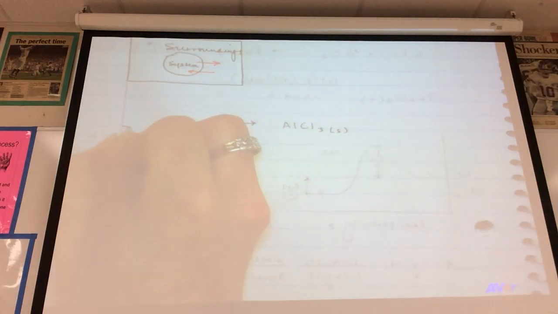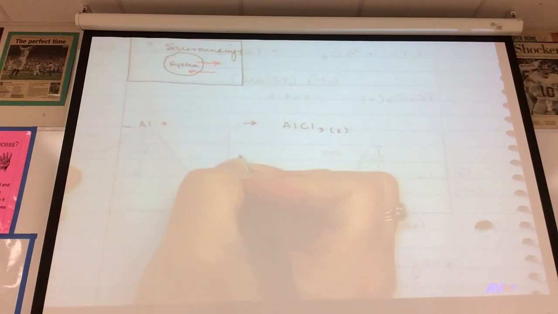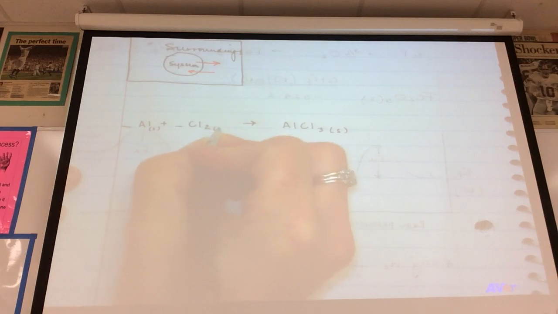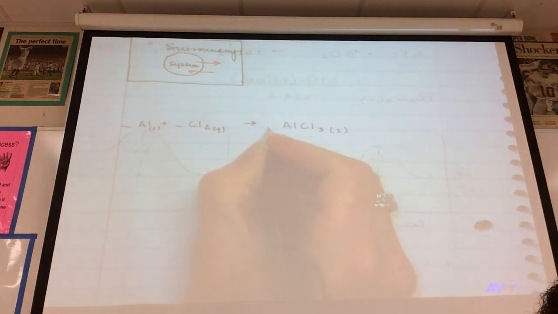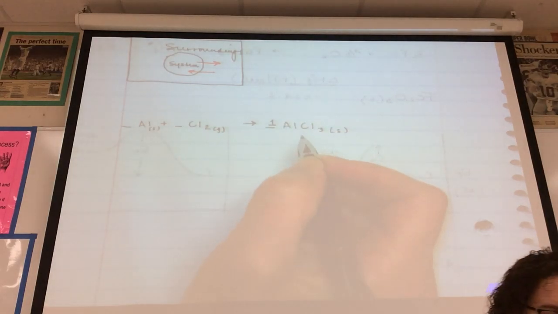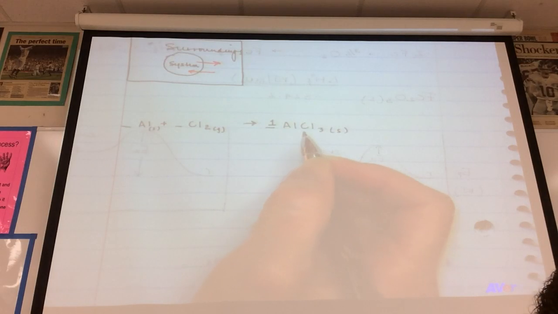The way you go about this is you start with element counterparts, aluminum and chlorine gas. And when you go to balance, you can't change that 1, and as a result, you can often find that the coefficients are going to be